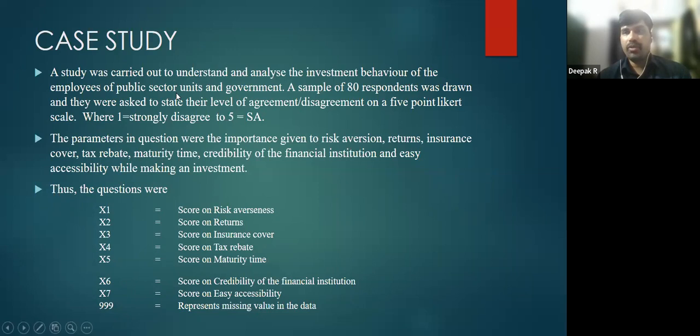So you will be able to notice that on one hand, we have got some demographic information regarding the investors. And on the other hand, we have got some brief information on what they feel when it comes to certain measures which are there. So if this is the case, if I am